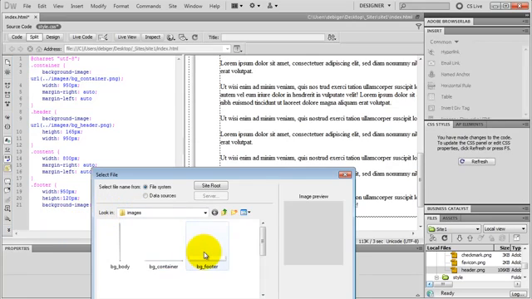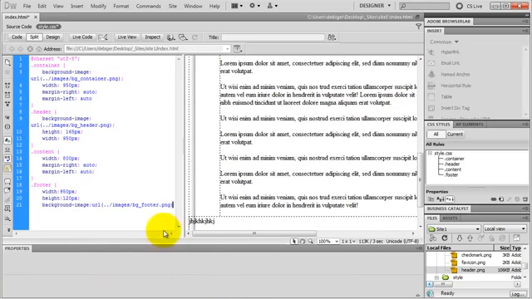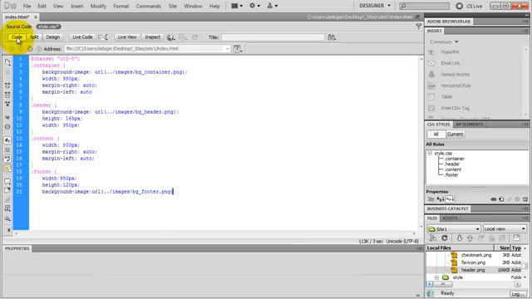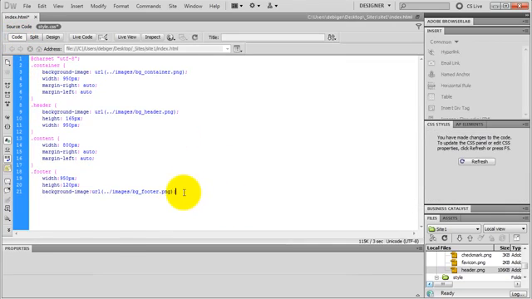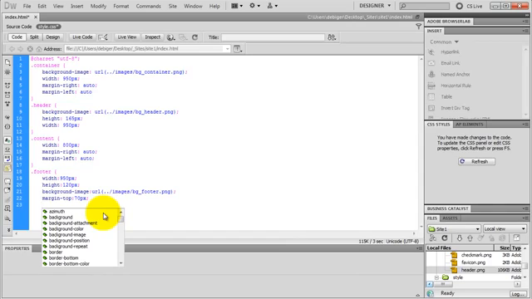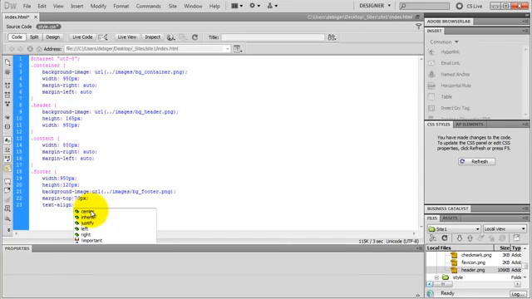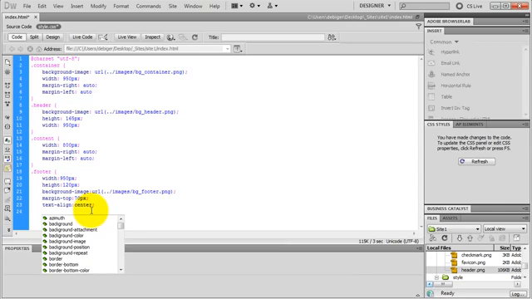I just browse it. It's called bg_footer. Click OK, and I switch to code view so you can see it better. I close it off, hit my enter key, and I type in margin top 70 pixels, close it off, hit my enter key, and I also type in text align center, so my text is going to be centered inside of my footer div tag. Okay, that's it. I hit my enter key, and all I need is a close brace. I go back to design view,